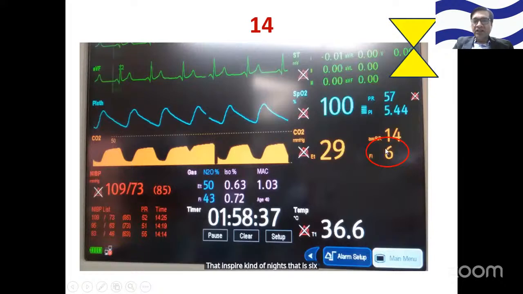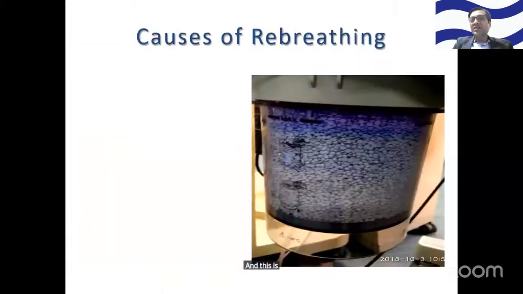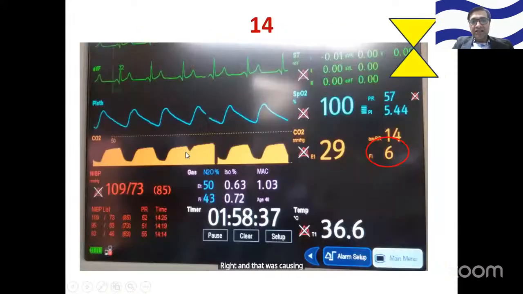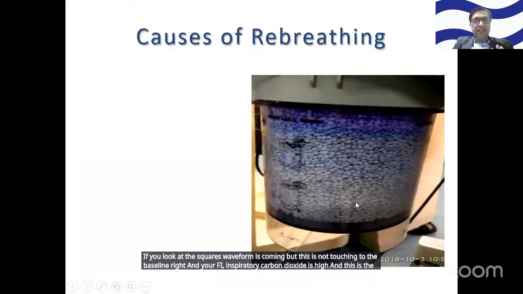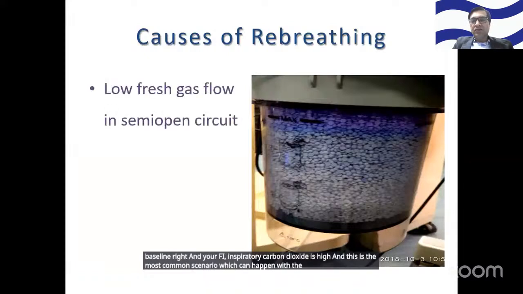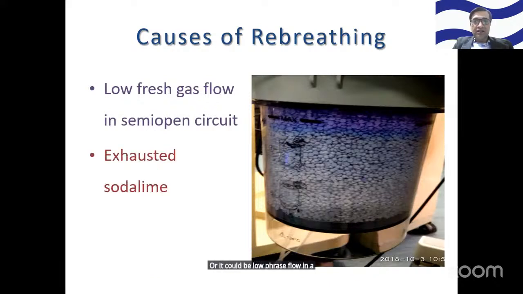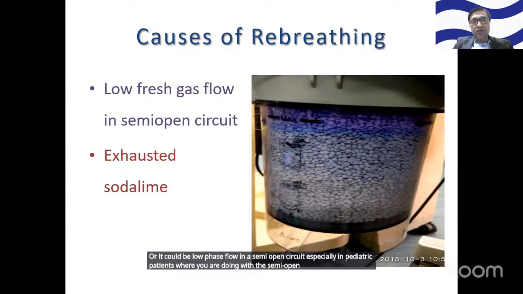A lot of people have given the correct answer, and this is most likely because of the exhausted soda lime, right? And that was causing the baseline to go up. If you look, the squarish waveform is coming, but this is not touching the baseline, right? And your FiCO2, inspiratory carbon dioxide, is high, and this is the most common scenario which can happen with an exhausted soda lime, or it could be a low fresh gas flow in a semi-open circuit, especially in pediatric patients where you are using a semi-open circuit and keeping a low fresh gas flow,